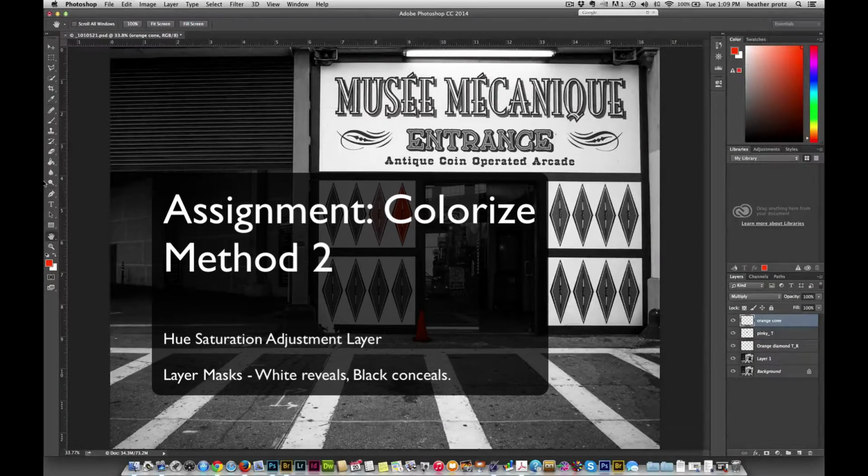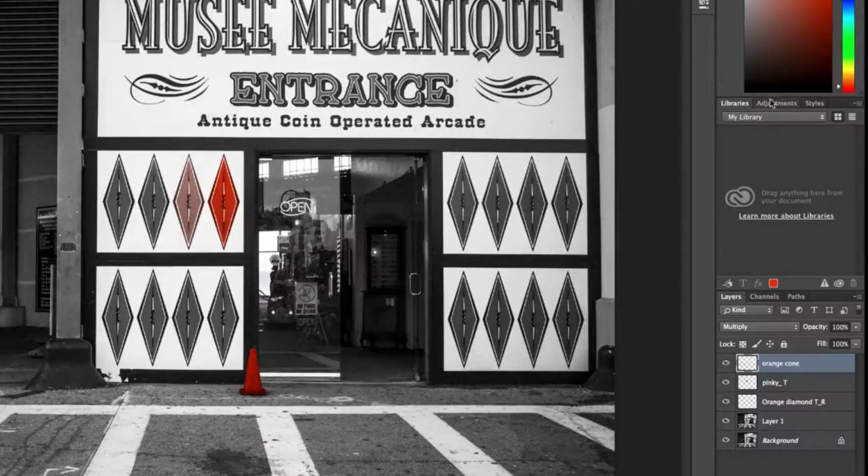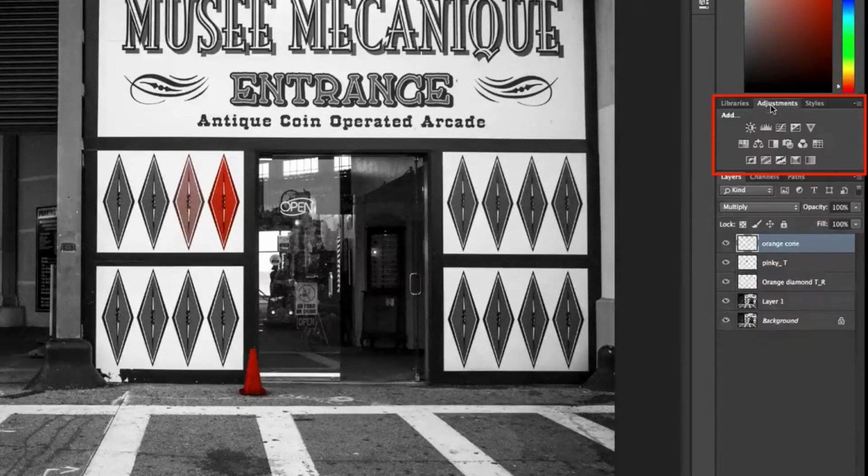So we are on to method number 2. With this one, we're going to use an adjustment layer. So if you come over to the panels on the right hand side, you're going to find adjustments, and if you click on that, it brings up all of these little icons. The one that we're looking for is right here on the left side in the middle. It's the Hue and Saturation Adjustment layer. When I click on this,